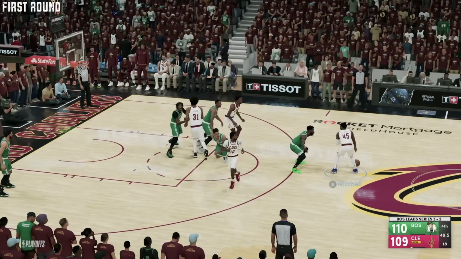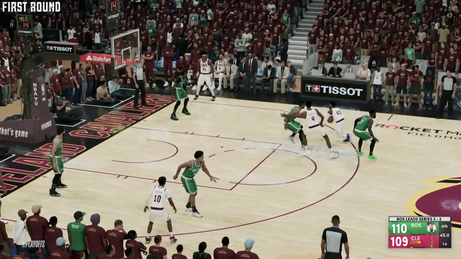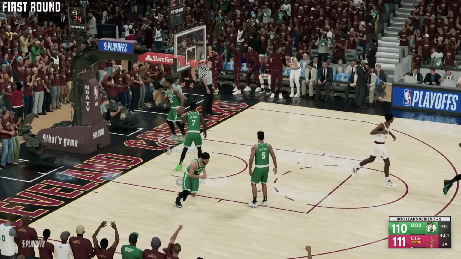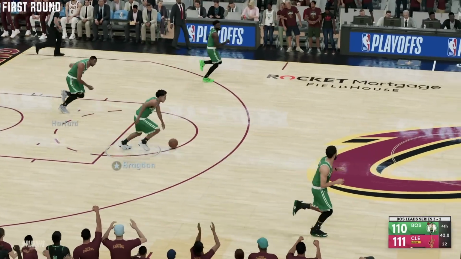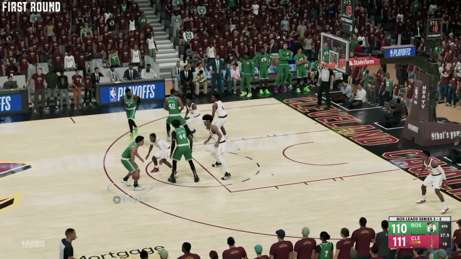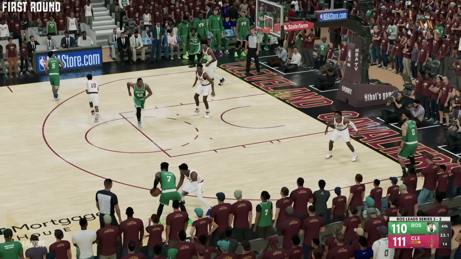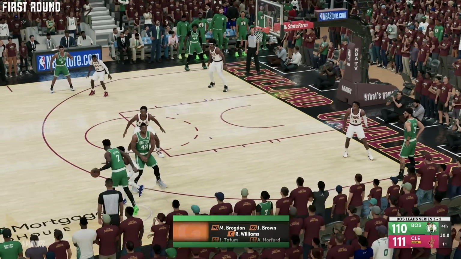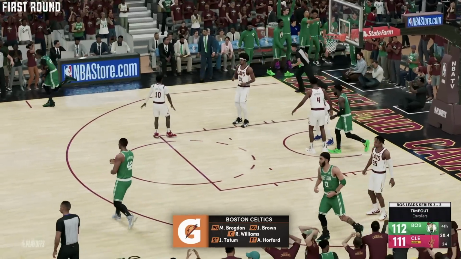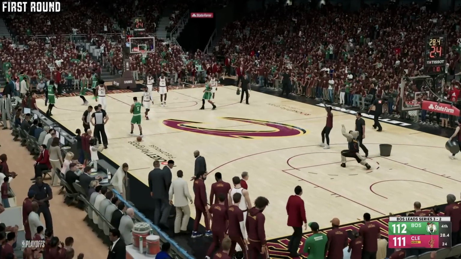And now it's the new look Cavaliers with their season on the line, down 3-2 in the series, down by 1 in Game 6. Here we go. Mitchell to Mobley, throws it down, and the Cavaliers take a 1-point lead. Can they win this game to 4-7? Meanwhile, for my Boston Celtics, we're going to try to close out this series here on the road right now. It's Malcolm Brogdon against Garland, and now it goes to Jaylen Brown. But how about this? Jayson Tatum hasn't touched it. Here's Jaylen Brown with a lane, throws it down. Jaylen Brown on the drive, and he hammers it to get the Celtics a 1-point lead here in Game 6.